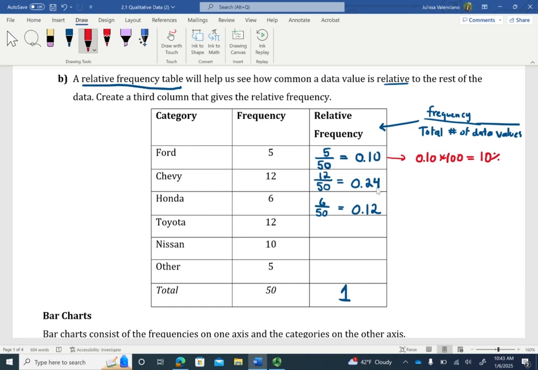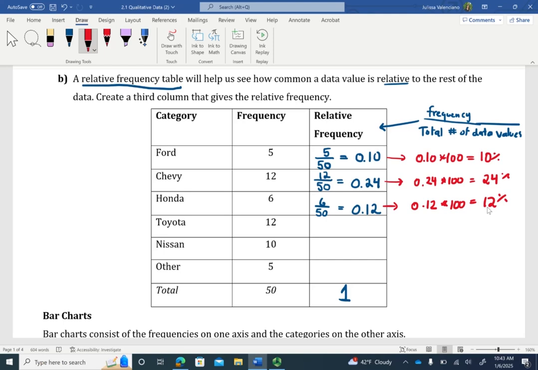Now, 0.24 is the proportion of data values that are in the Chevy category. Again, it might be helpful to convert this to a percentage. So 0.24 times 100, that is equal to 24%. We see that 24% of the data values are in the Chevy category. You can also do the same for the 3rd category, 0.12 times 100. This is 12%. 12% of the data values are in the Honda category.